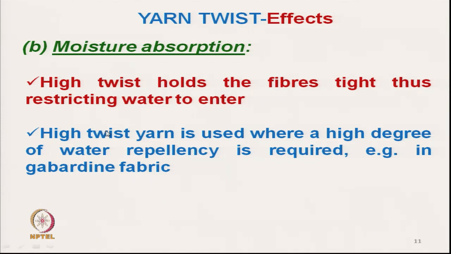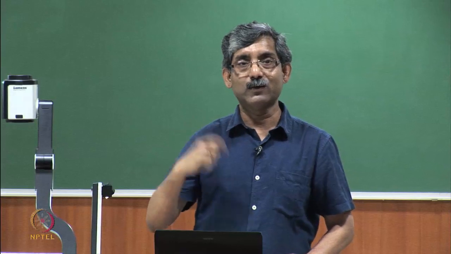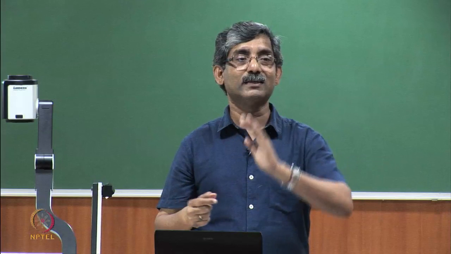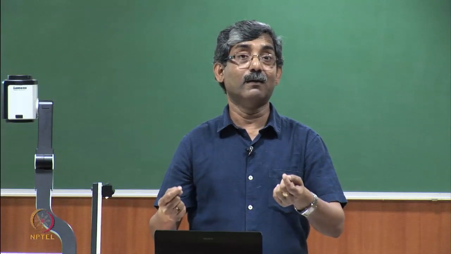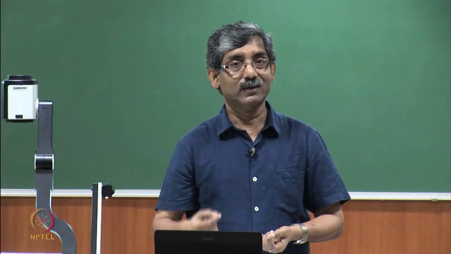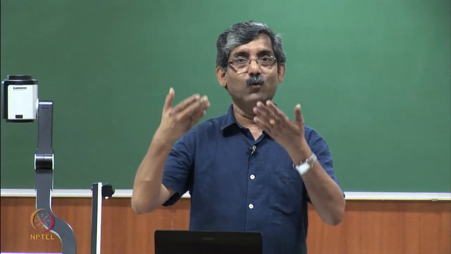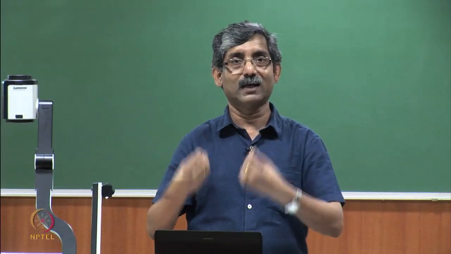So, high twist in the yarn is used when a high degree of water repellency is required. There are various applications, like gabardine fabric, which is one example where we use high twisted yarn. That means it will give us the water repellency type finish. Sometimes, like in umbrella fabric, if we use the high twisted yarn, it will not allow the water particles to come inside the fabric. So, water repellency